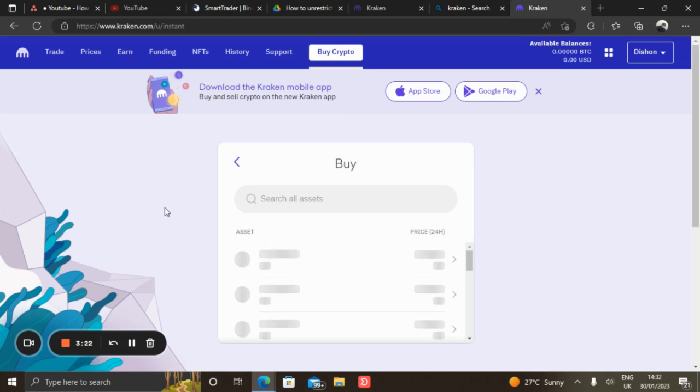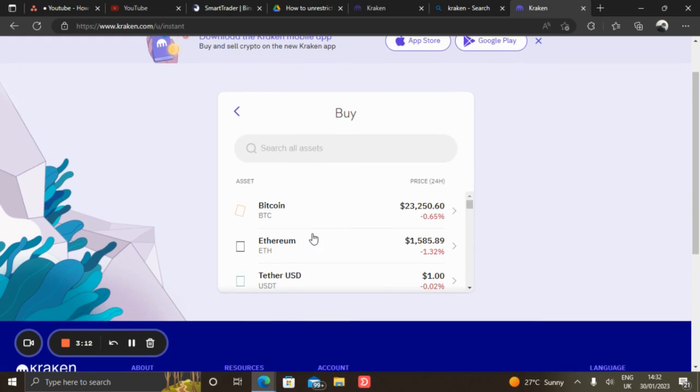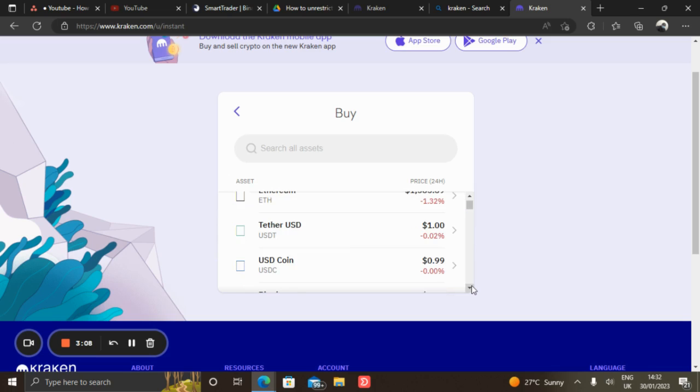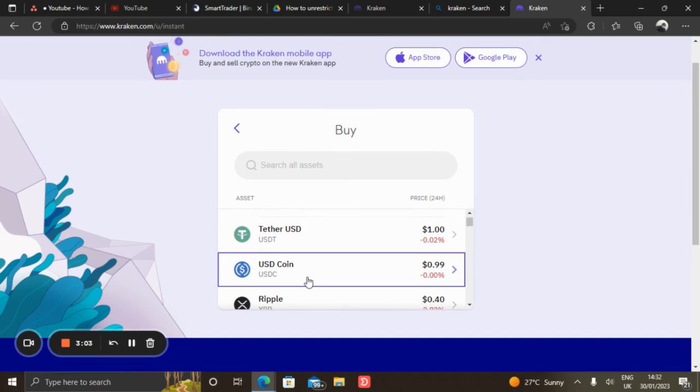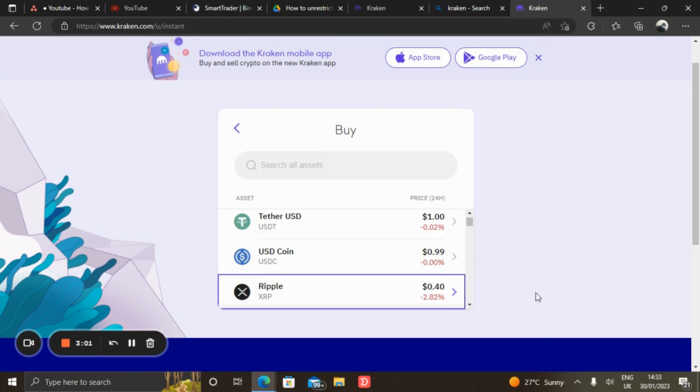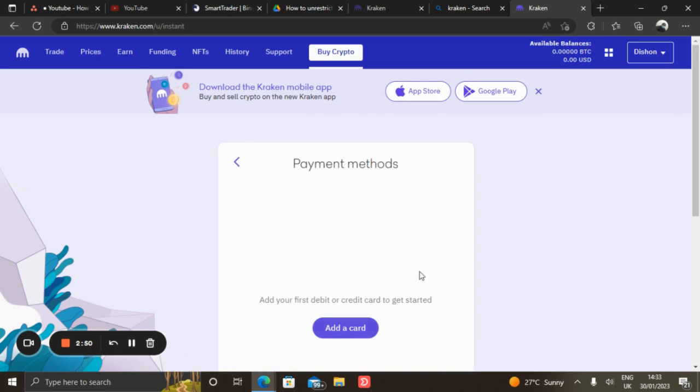So if you directly purchase a crypto, it goes directly into your account. So for example, here we can look for a coin to trade. So for example, I am going to trade the Ripple coin. So you can find what you actually want to trade. So I'm going to do this one,